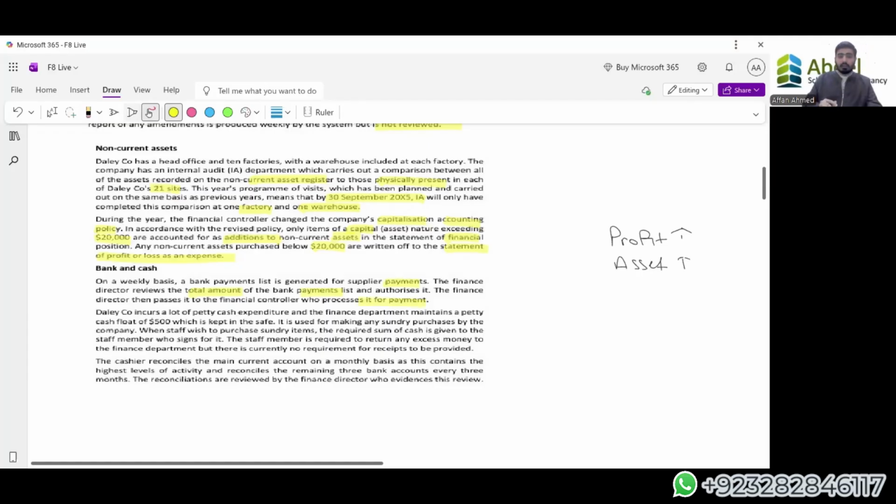Now, see one thing here, a deficiency. If a list of people is given to the finance director and he has to make the payments, the finance director reviews the total amount only. He is not taking the breakup of the list and he is not checking the individual balances of people. He is just looking at the totals of the amount.